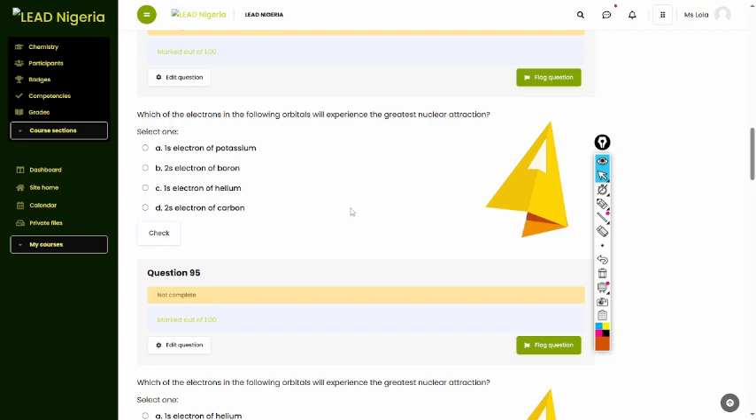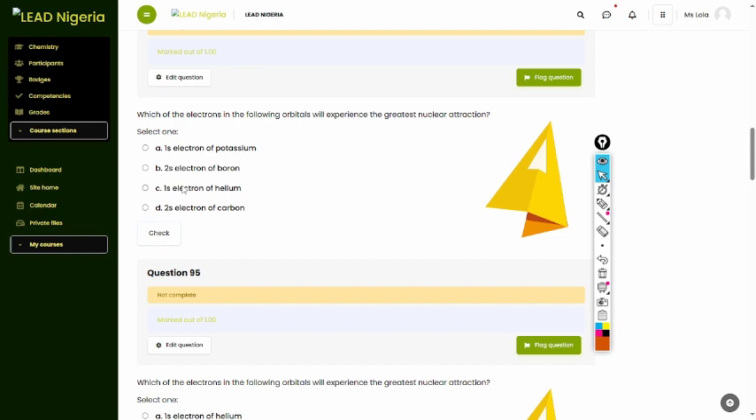Okay, so let's eliminate those that are not the answers. So the 1s orbital is closer to the nucleus than the 2s orbital. So we can eliminate the 2s orbitals B and D. So 1s orbital of potassium and 1s orbital of helium. The 1s orbital of helium